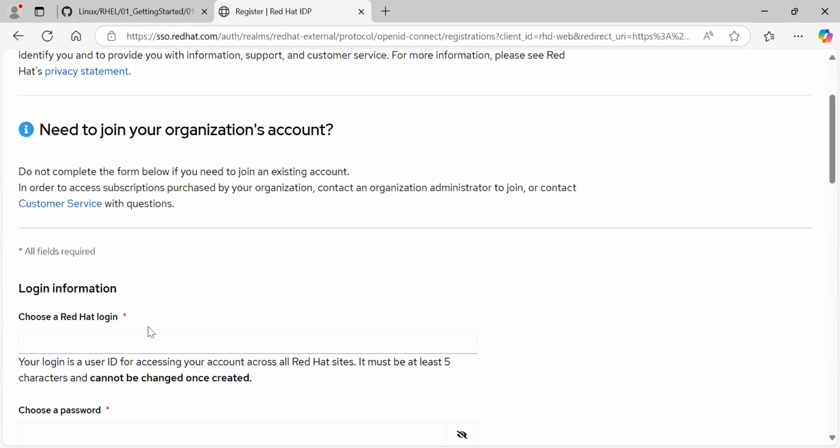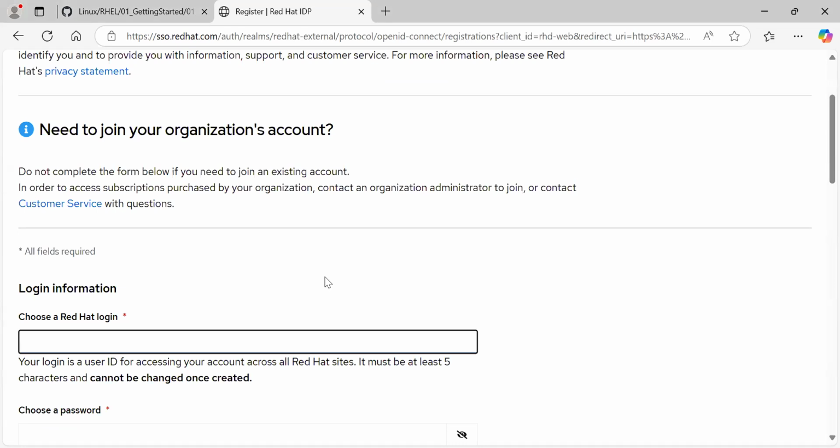Here you can see that we need to give the login information. You need to create an account. So you need to choose a login name. You can give any login name which does not exist in the Red Hat database. For example, if I create my account, this already exists, so it will not allow. But if this account does not exist in Red Hat subscriptions, then it will allow me to create